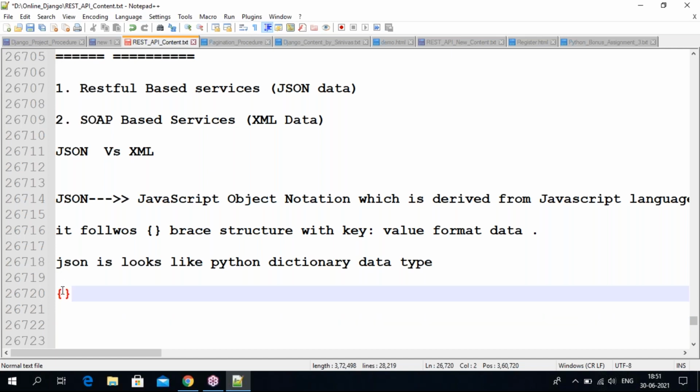Here I'm going to take one dictionary data, dict equal to something.